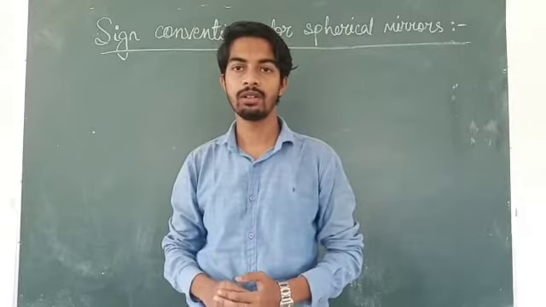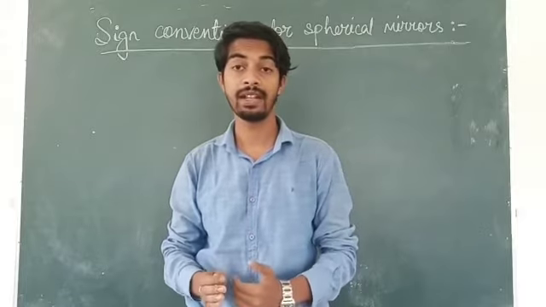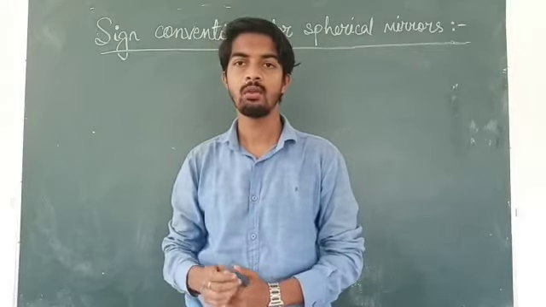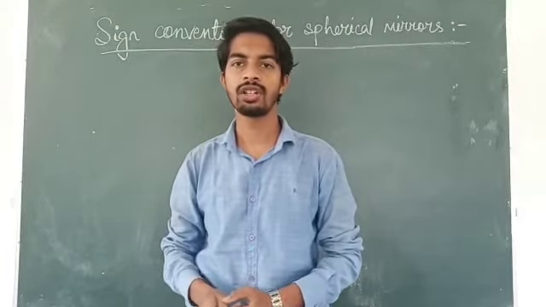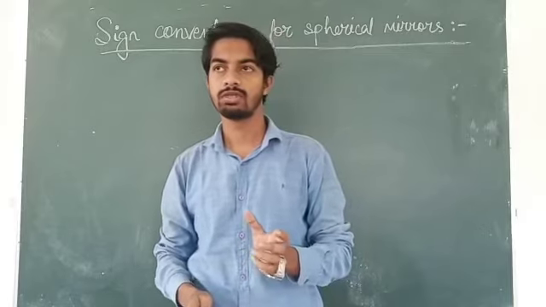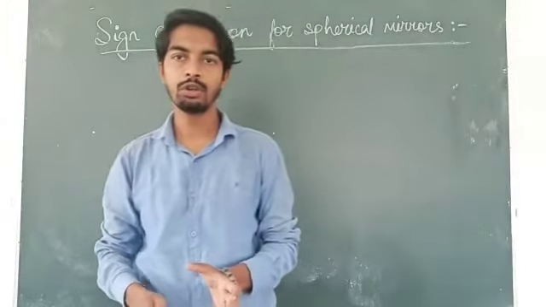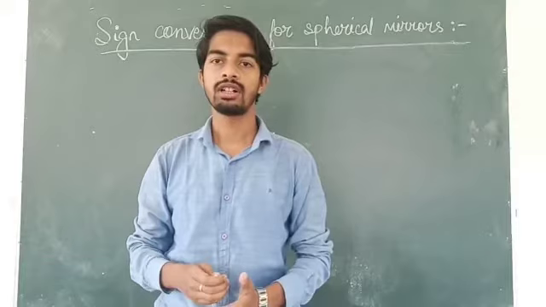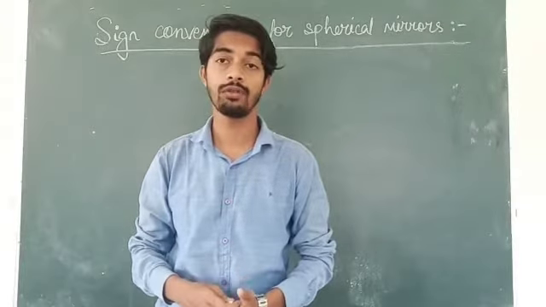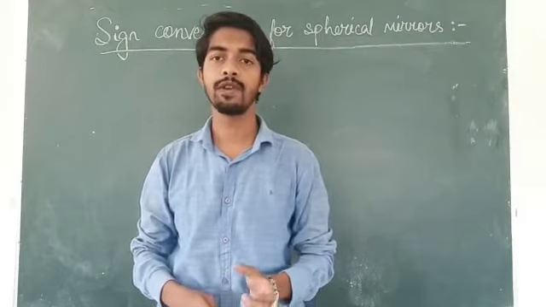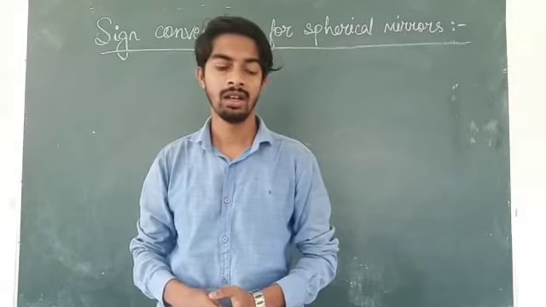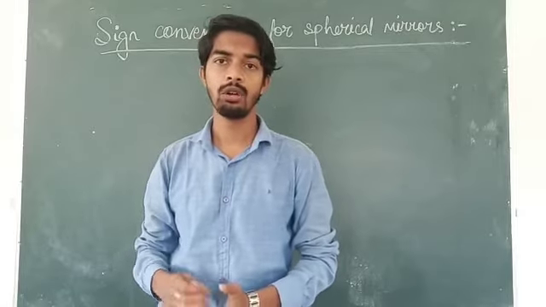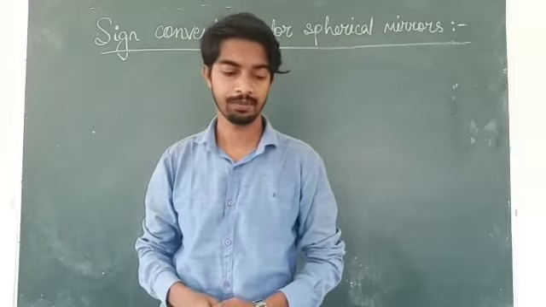if one student used the reflecting part of the mirror in the right direction and another student used it in the left direction, then what happens? Sometimes, due to some calculations, the solutions can come a little bit different, due to which there may arise some confusion. To avoid this confusion and the arising of mistakes, there are some specific rules assigned for spherical mirrors. These rules also apply to lenses. We'll look at that afterwards. First we'll look at mirrors.